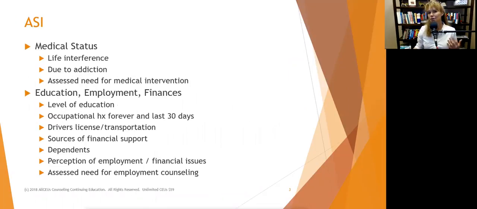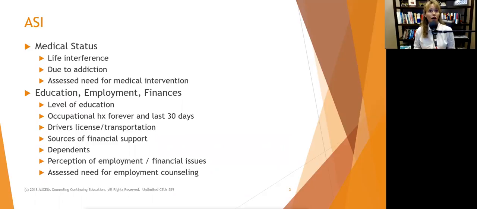So some of this is going to be a little bit of a repeat from what we talked about on Tuesday, but some of it's a little bit new. So the ASI, like I said, is a really good instrument for getting a general biopsychosocial assessment for someone who's presenting with addiction issues. Now, it can be co-occurring. You don't have to have somebody who's only got addiction, because we know that rarely happens. But generally, a lot of these questions are going to be geared around somebody with either an addiction or co-occurring disorders. So they start out with medical status.